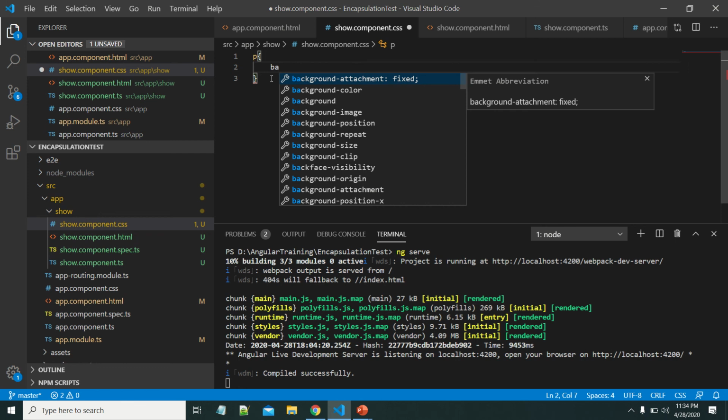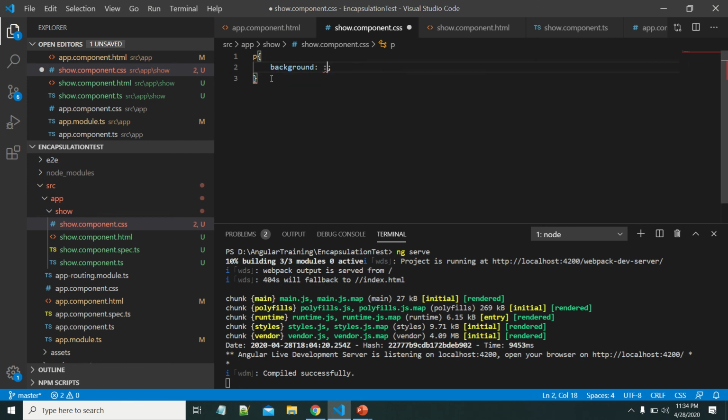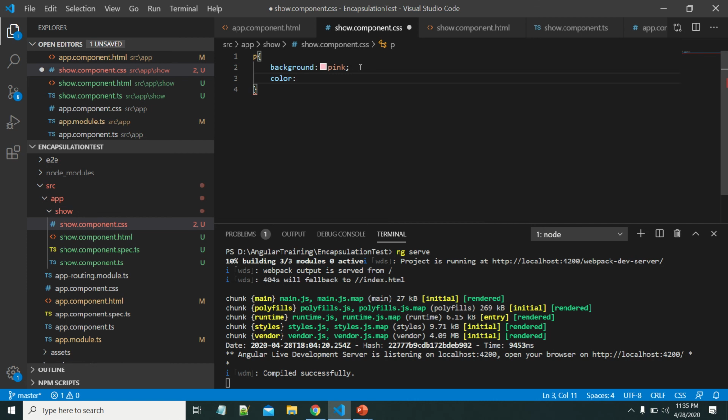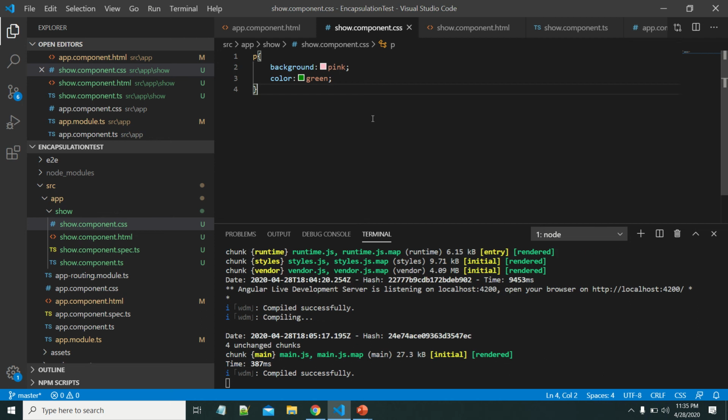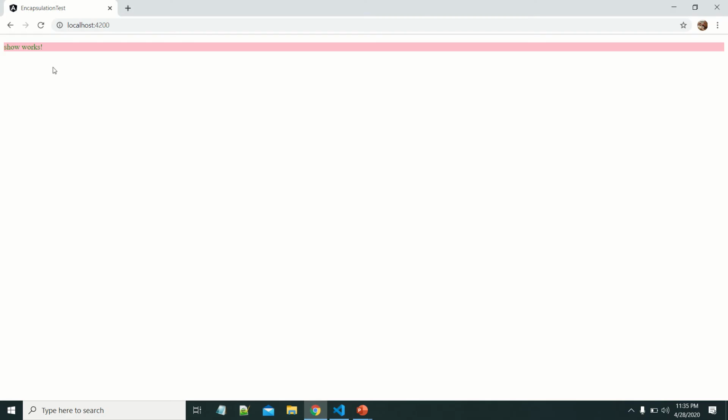Let me put some styles, for example, pink as background color, and let me put some text color, green. Let us see how these are applied in the browser. We can see the styles: background color pink and text color green.